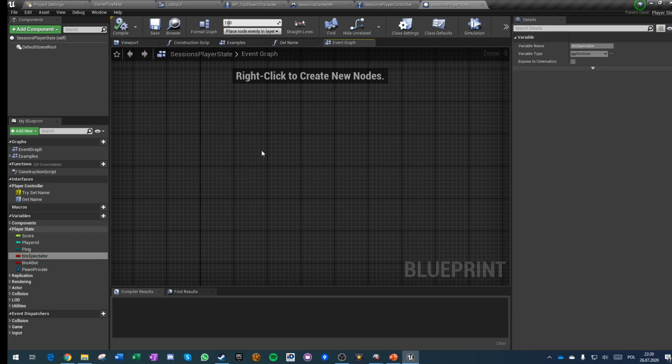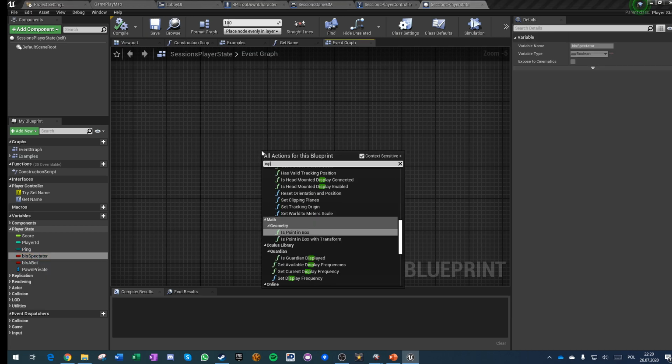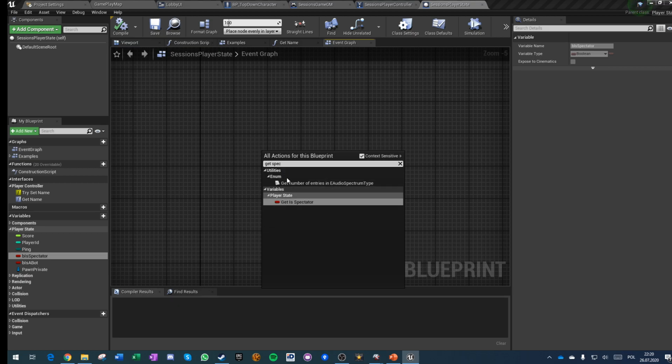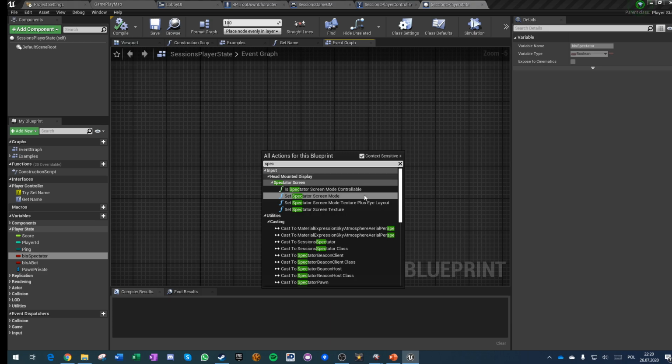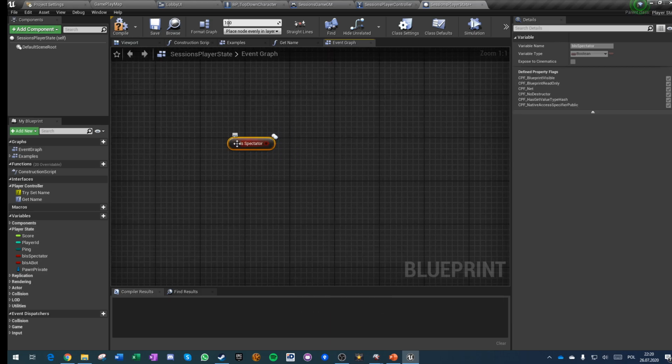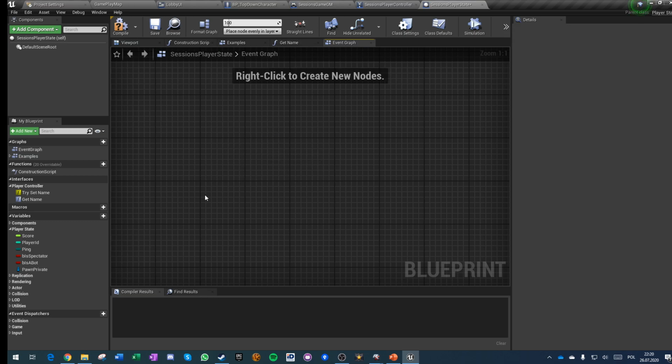is spectator. So is spectator is read only. Get is spectator, and you can only get. You cannot set it, and I have no idea how to set that. And this basically is always giving us true. Is a